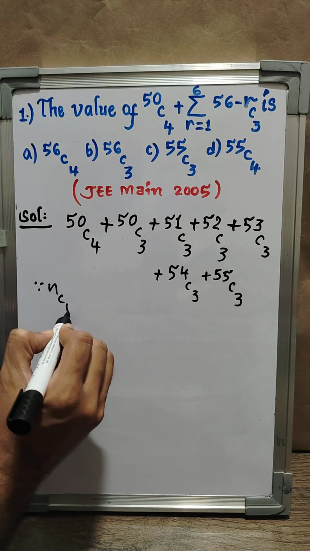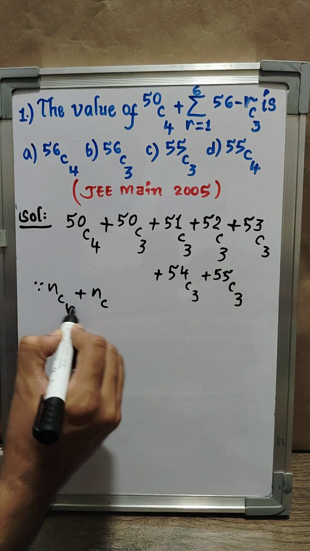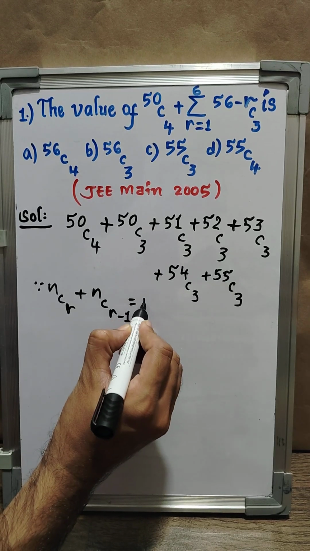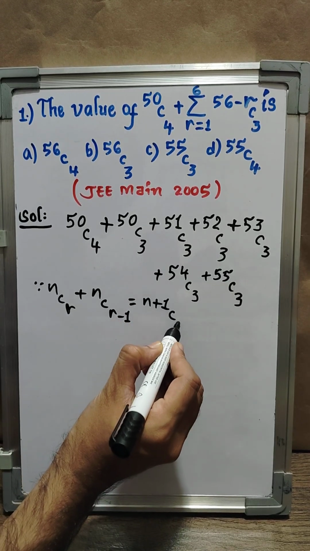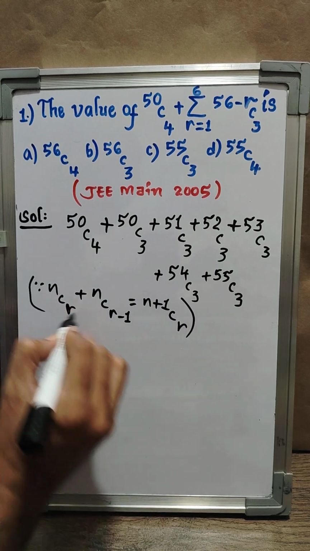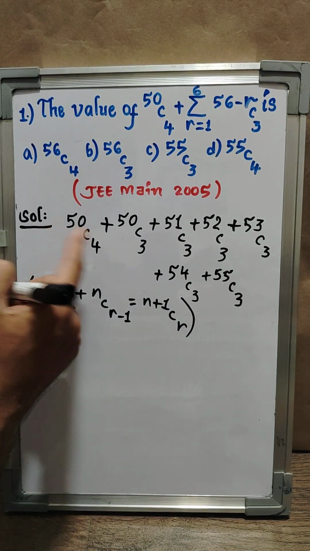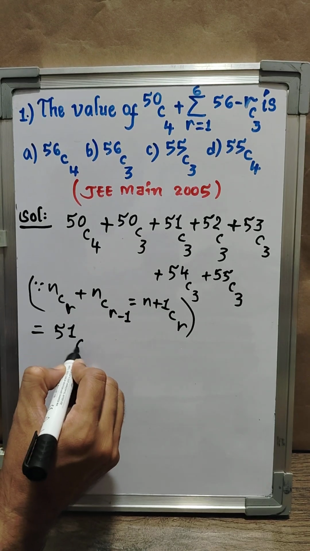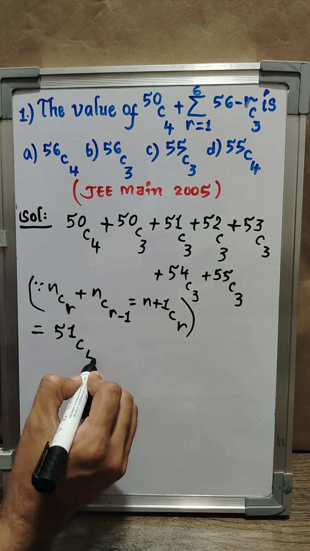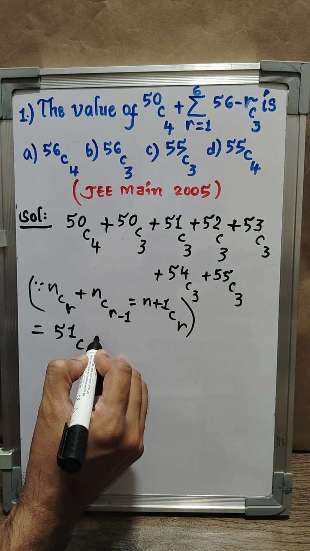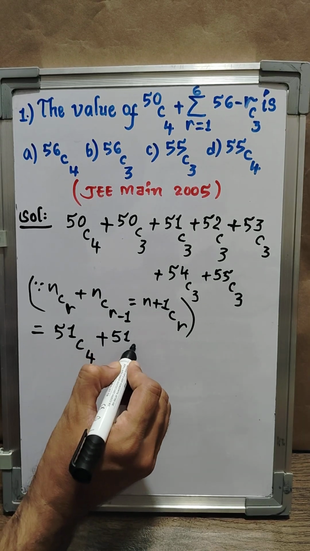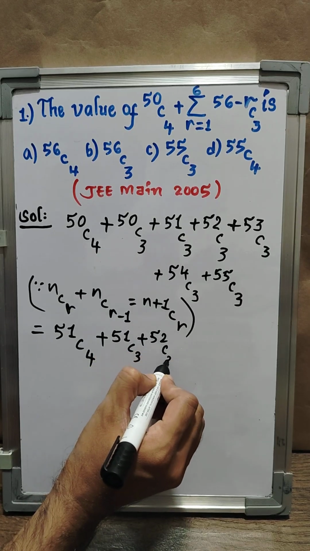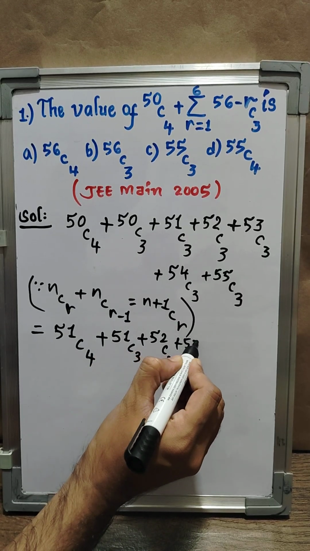Since NCR plus NCR minus 1 is equal to N plus 1 CR, we can write the first two terms as 51C4 plus 51C3, and the remaining terms as they are: 52C3 plus 53C3